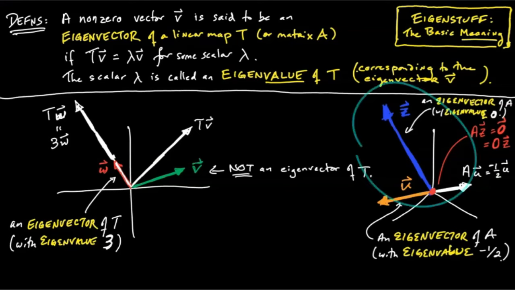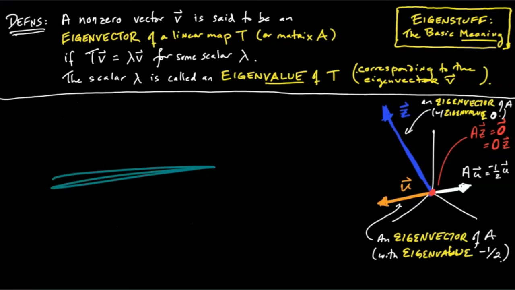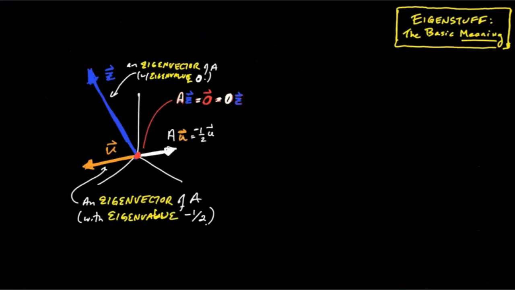And in fact, I can guarantee that z is not going to be the only eigenvector with eigenvalue 0. How can I be so sure? Well, let's stop and dwell here for a while, because doing so I think will lead us in a very natural and nice way to the notion of an eigenspace. But let's not get ahead of ourselves. And speaking of space, I need some, so I'm going to get rid of this definition, assuming you already have it in your notes, and of course it's in the book. That's better. Let's put this in a nicer location, and now we can return to my claim, which was that z cannot be the only eigenvector of A with an eigenvalue of 0.